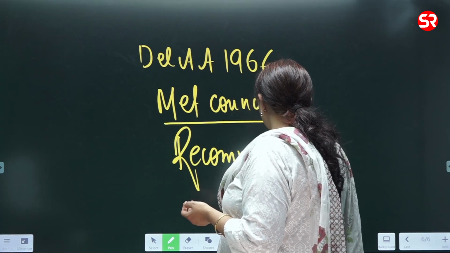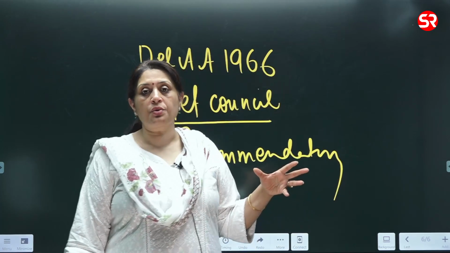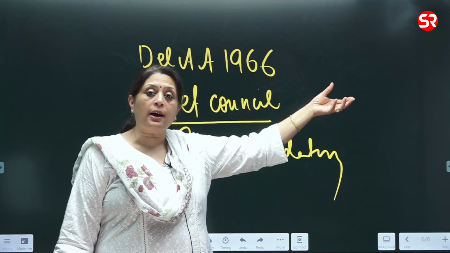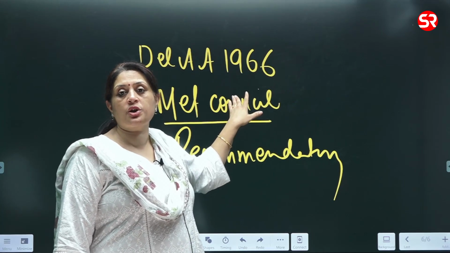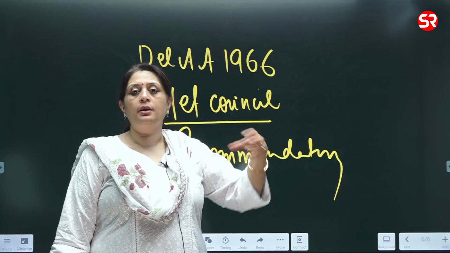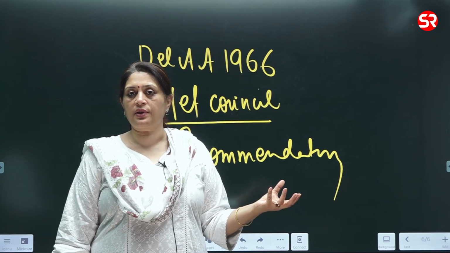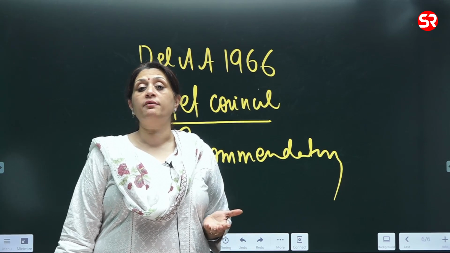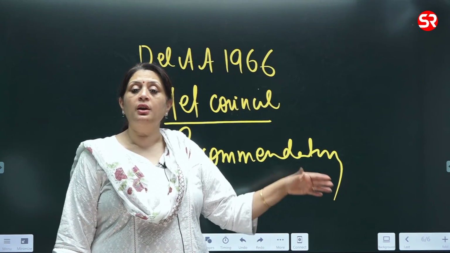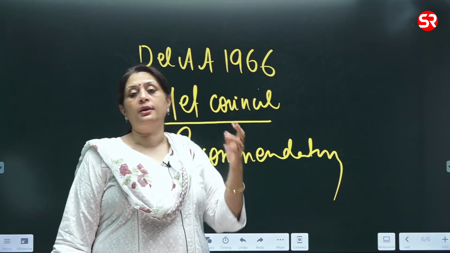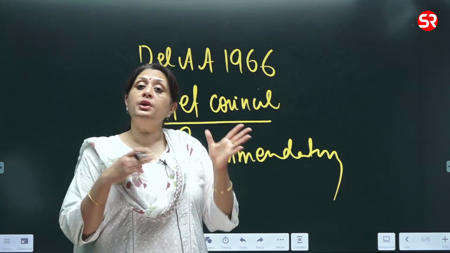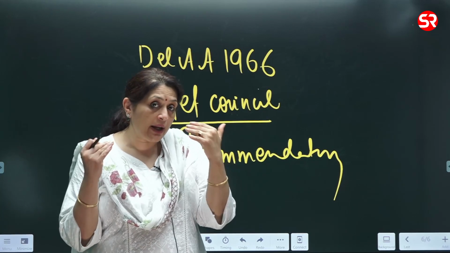So if I talk about the present constitutional arrangement, I can say that we are back to the arrangement which Delhi had in 1966, where a legislative assembly was there, but its powers were only recommendatory, as well as a council of ministers was also there, but which is directly and very distinctively subordinate to the LG,